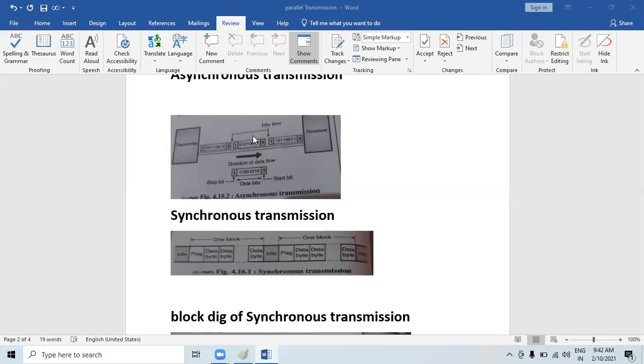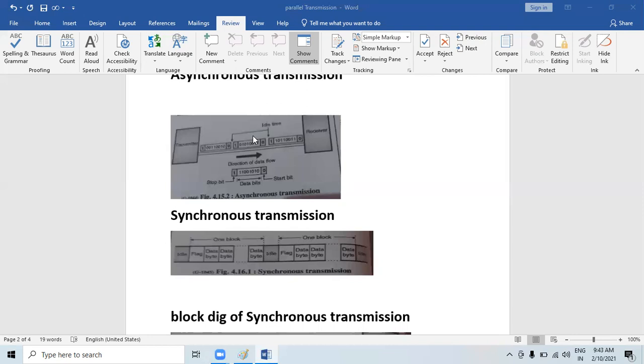The advantages of asynchronous transmission: synchronization between the transmitter and receiver is not necessary. It is possible to transmit signals from sources having different bit rates. The transmission can commence as soon as the data byte to be transmitted becomes available. This mode of transmission is easy to implement. It is a cheap scheme. It is an effective scheme.